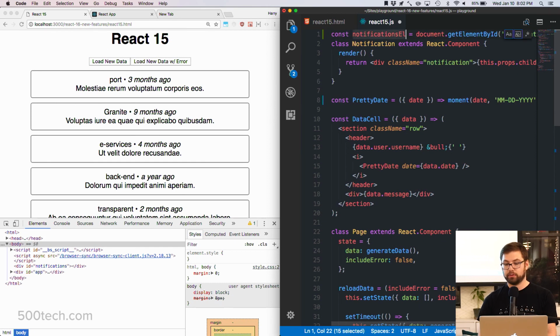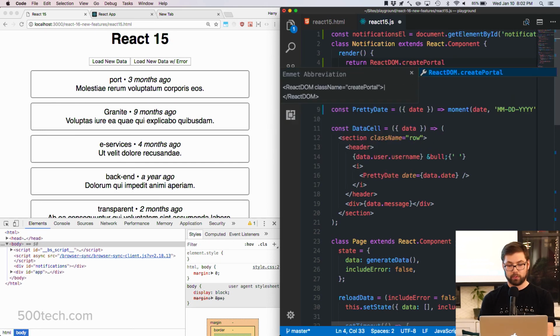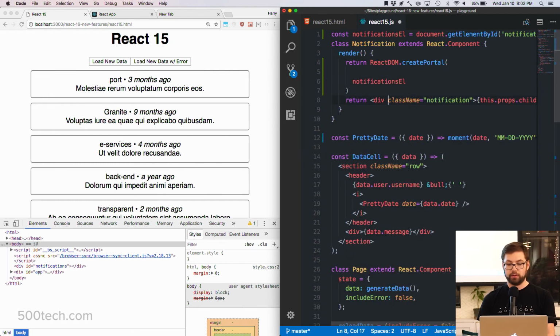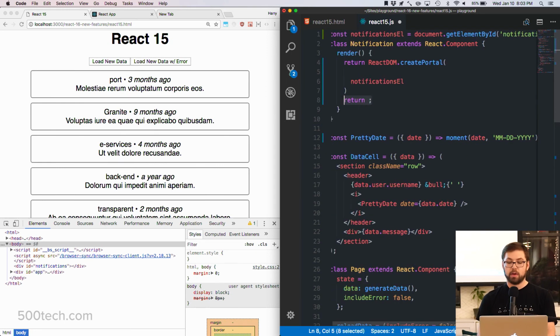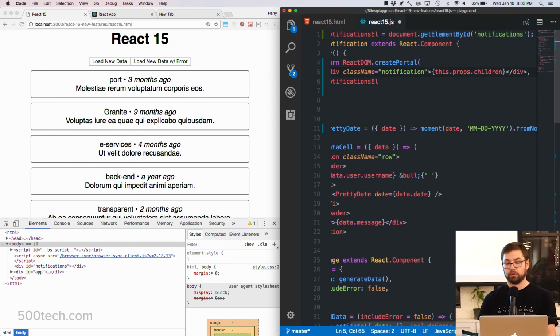And now there is a new top-level API on the ReactDOM package, ReactDOM.createPortal. The first argument of this is the element that you want to render, and the second argument is where it should go. So now when I hit save,